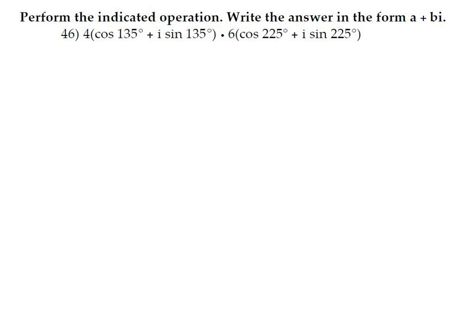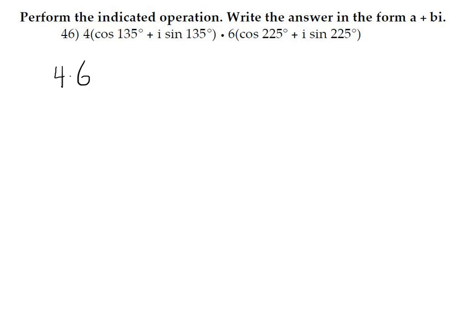Perform the indicated operation. In this problem, the indicated operation is multiplication. Write the answer in the form a plus bi. So although they give us trigonometric form for the complex numbers, and you see the i's, you know these are complex numbers, they want it in standard form when we're done. However, multiplying in trigonometric form is very simple. The rule is you take the modulus, or the absolute value, the 4, times the 6,